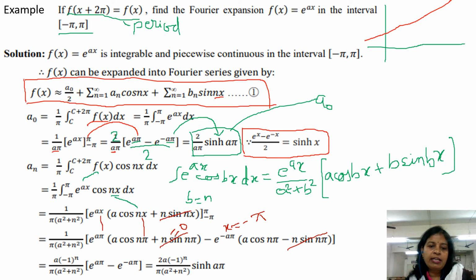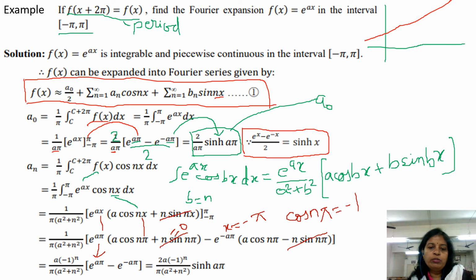Then we can see that cos n pi is minus 1. The value of cos n pi is minus 1. So in place of cos n pi, we will put minus 1, and we will take minus 1. And then we will see that this term will give us e to the power of a pi into a. I am taking this commonly out here, and upon a square plus n square is also commonly out.